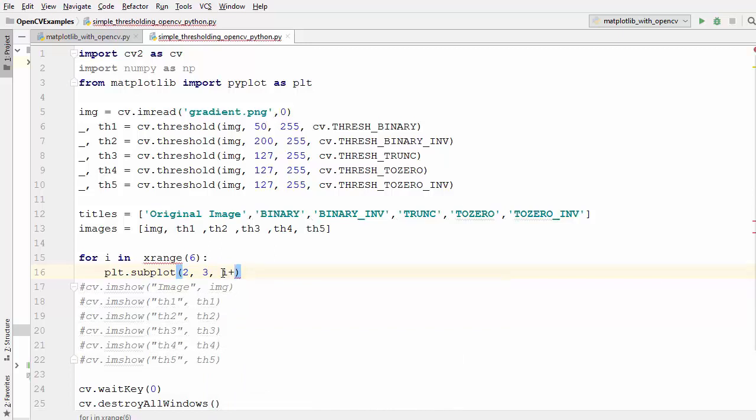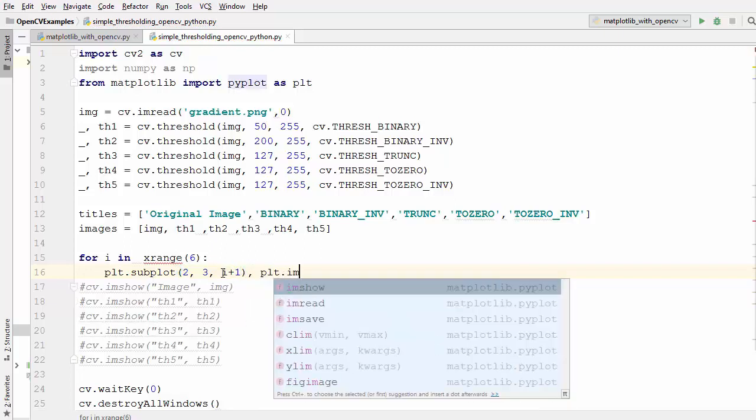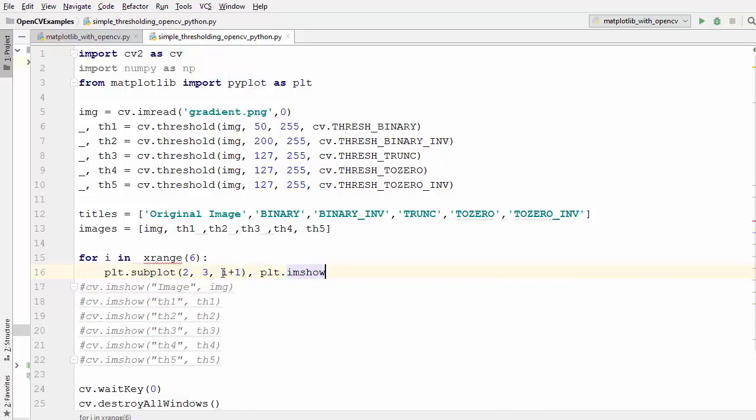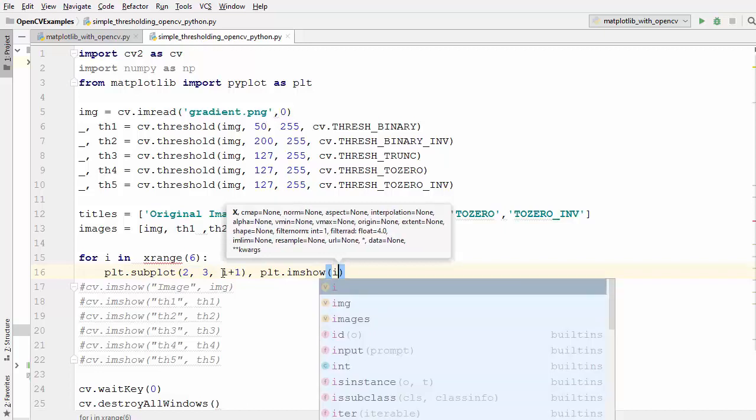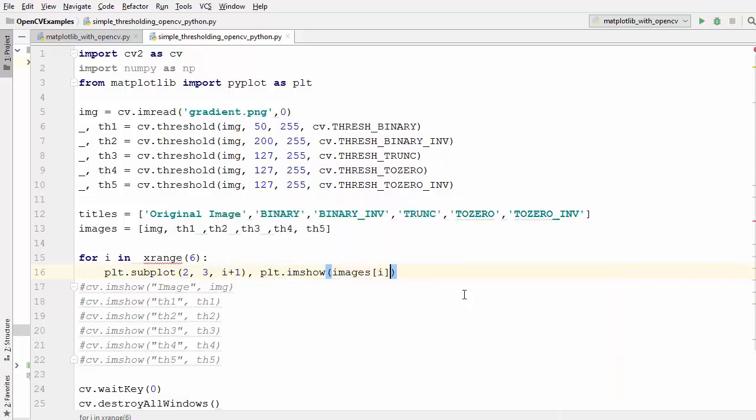So the index of the image will be i plus 1, and then we are going to write comma plt.imshow. So this is going to show the image at that index. We are going to just write images and then square bracket i. So this is going to give you a particular image at index i, and then we want to show this image as a grayscale image.